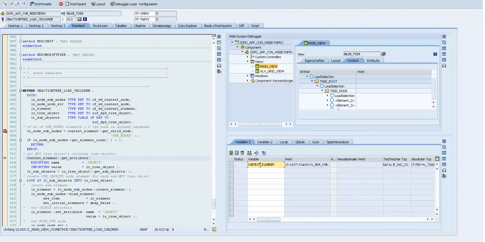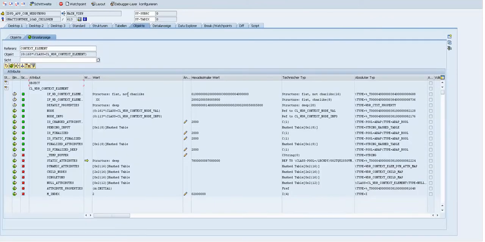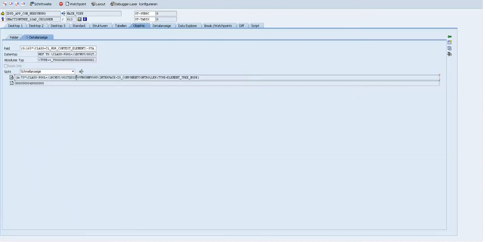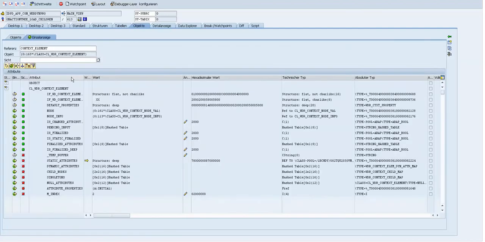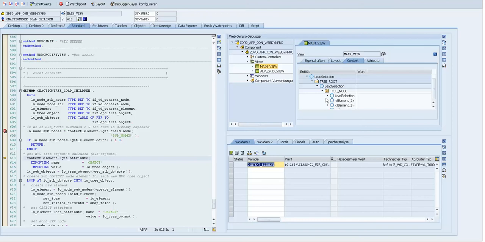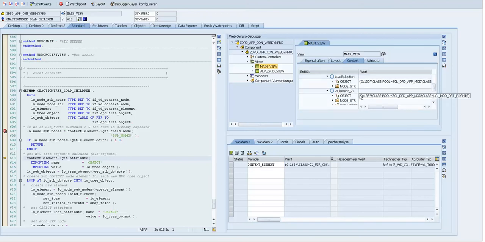We need also to look at the context element, because we will see here the static attributes. Okay, and the instance object is 135. Okay, and now we need to see 130 is the instance 135. Okay, it's the second one,